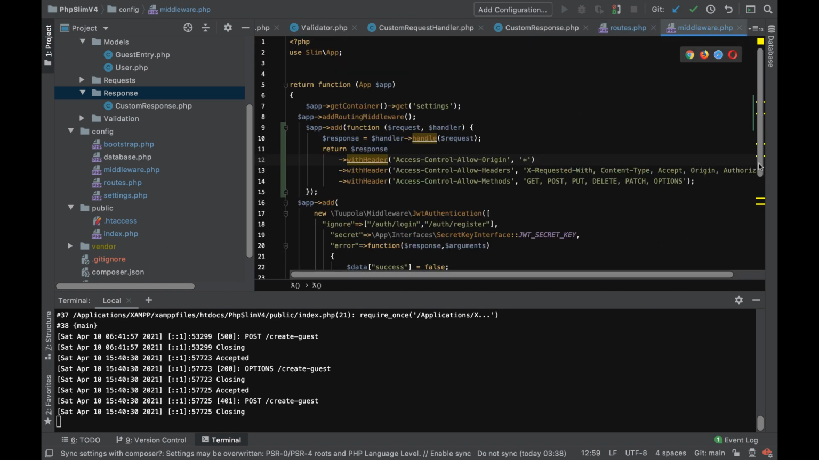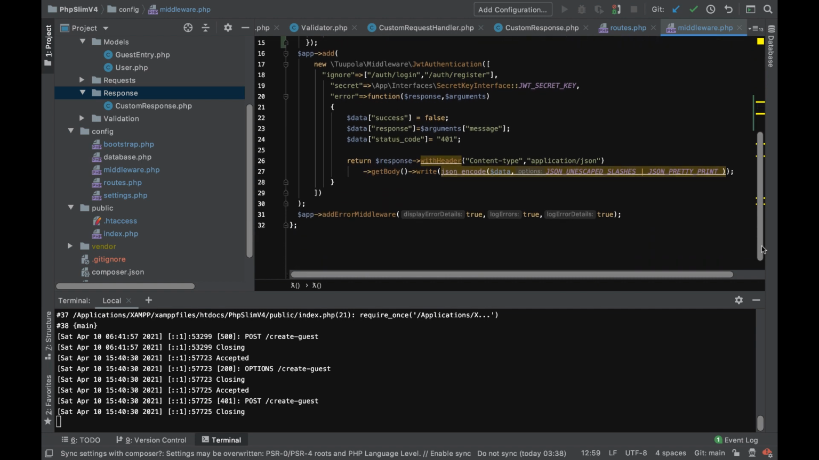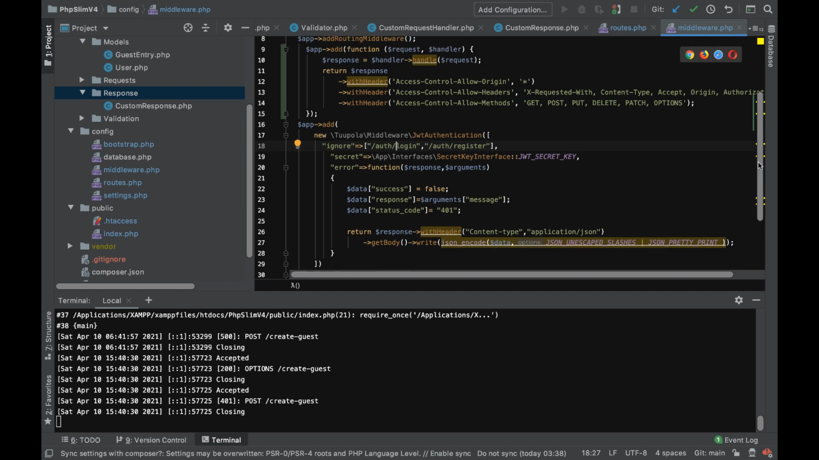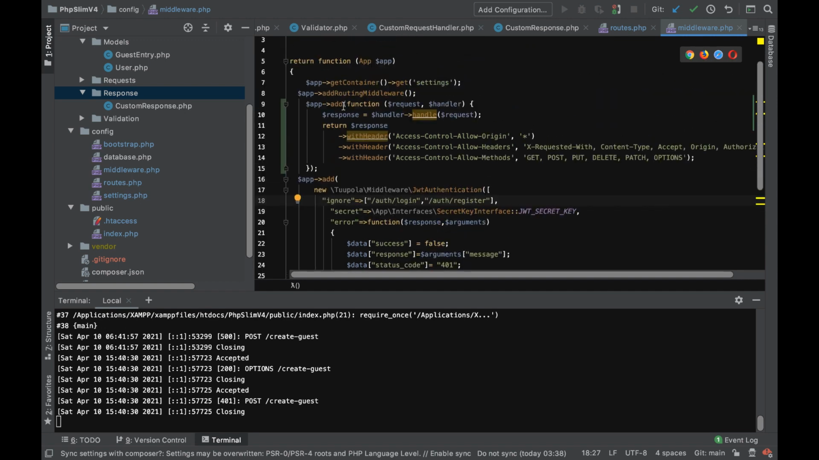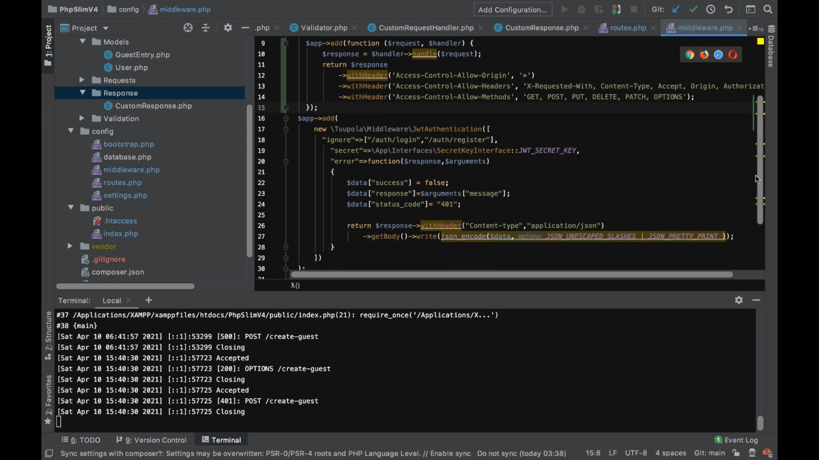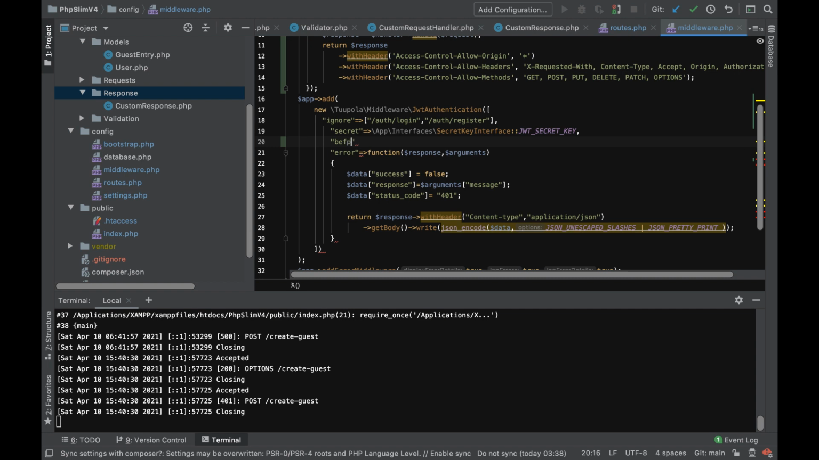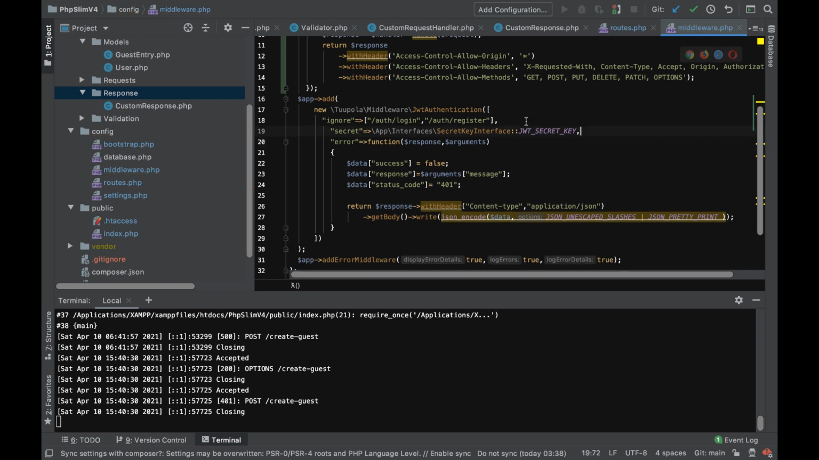If I head back to our middleware, you're going to see we're using the Tuupola JWT package. For some reason, the Tuupola JWT package doesn't work very well with PHP Slim's CORS middleware when you add it here. The Tuupola package has functions like before and after, but if you add the before here and then try to do something after the before, it will still not work. And just to prove to you that this is an issue with the routes that the JWT is handling,